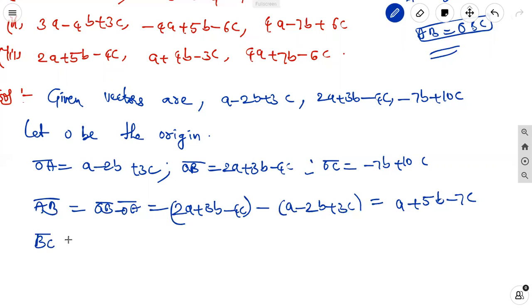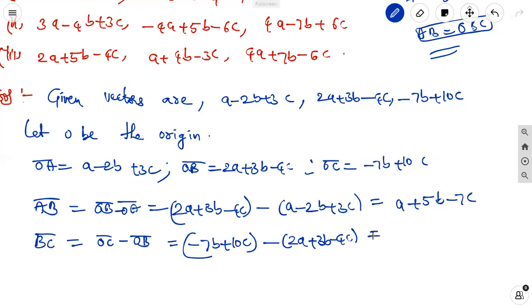Next, BC equal to OC minus OB, which is minus 7b plus 10c minus (2a plus 3b minus 4c). It is equal to minus 2a minus 10b plus 6c